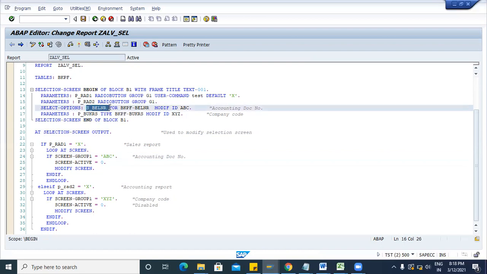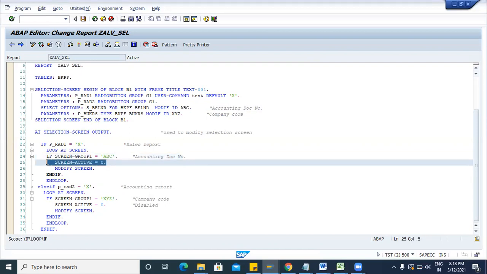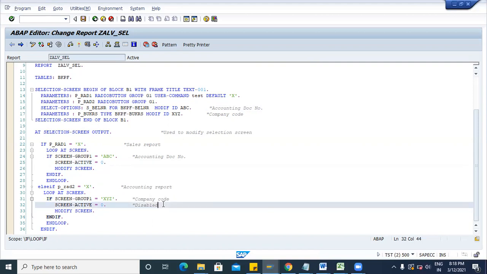So SCREEN contains this MODIF ID group ABC. If we are checking this condition, if group is ABC, then we are deactivating, disabling. Your active is 0. If it is 1, then it will be enabled. If it is 0, that means disabled.